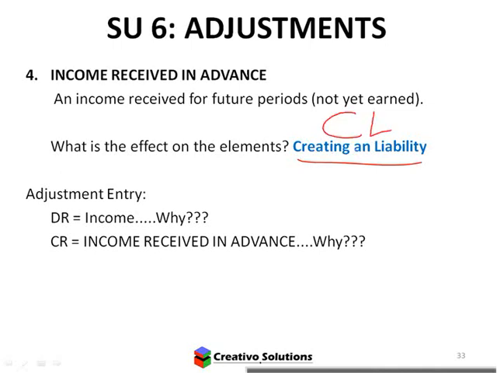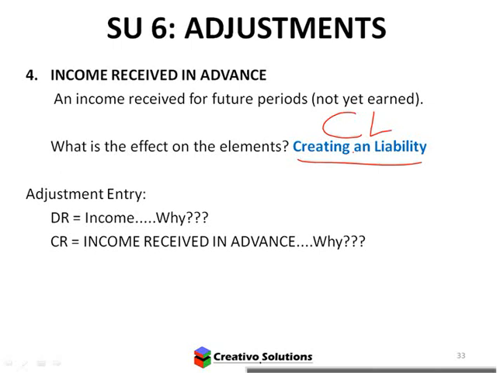Depends on how far in advance you've been paid. Good point. Current liability normally, but it could be longer term if it's longer than 12 months. Normally it's shorter than 12 months, but you do need to look for those key things. Luckily we don't see long-term income received in advance. People don't often pay, let's say